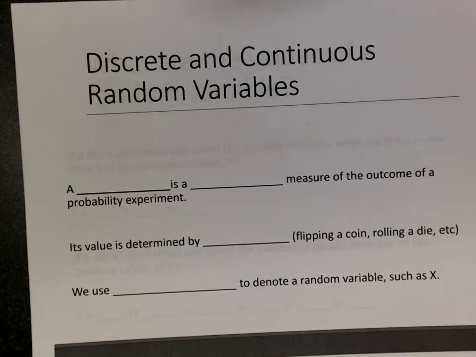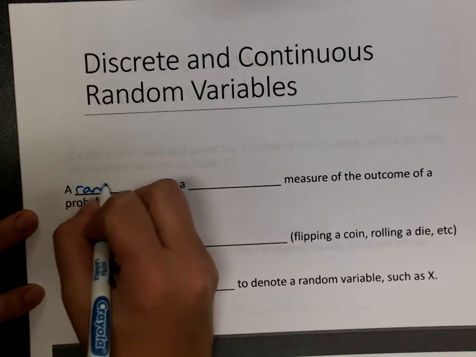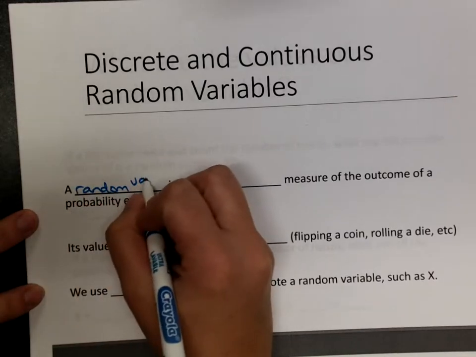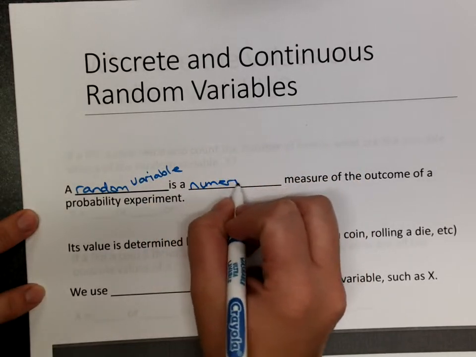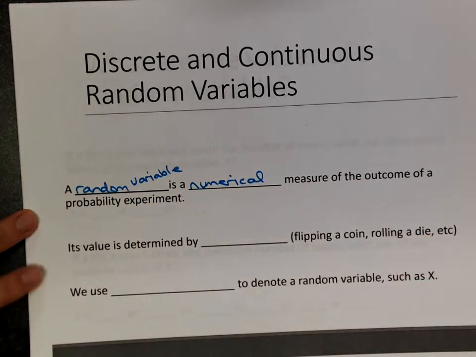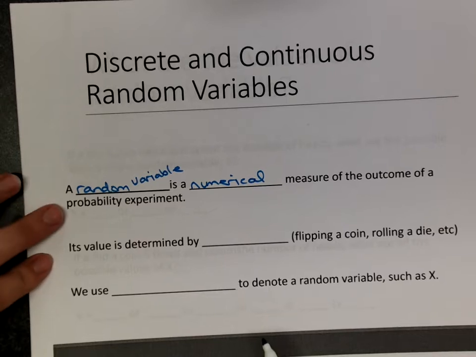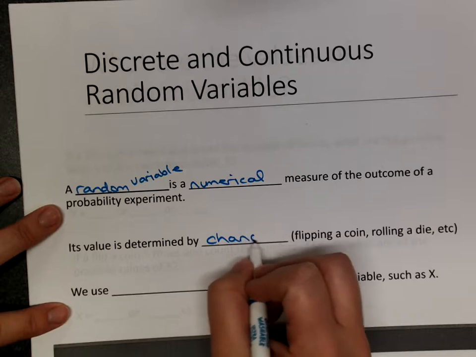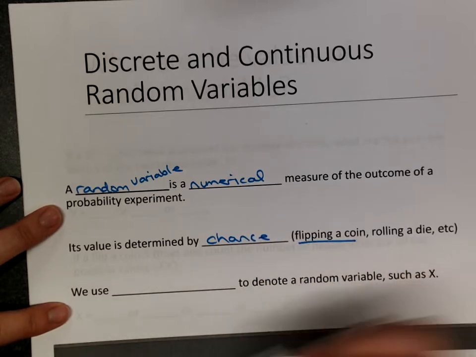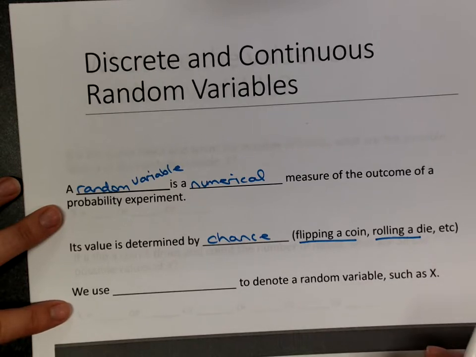All right, so a random variable is a numerical measure of the outcome of a probability experiment. So it's a random variable. It's a numerical measure of the outcome of a probability experiment. Its value is determined by chance. So by chance, like flipping a coin, heads or tails, rolling a die, all the different sides, playing cards, all